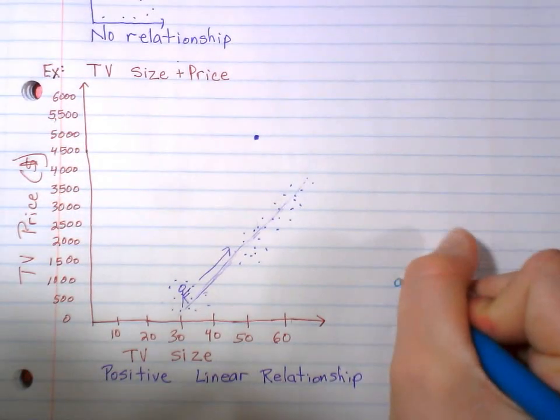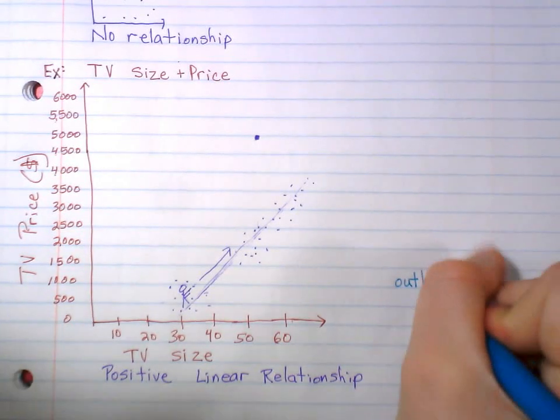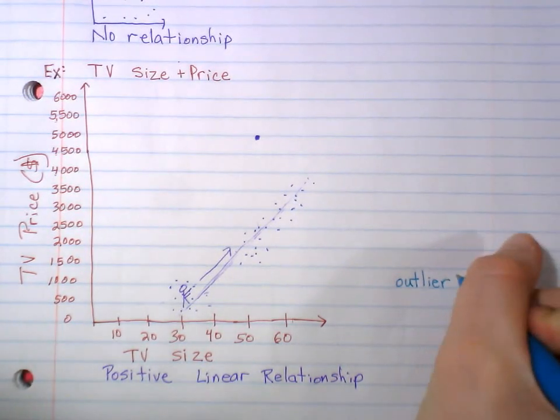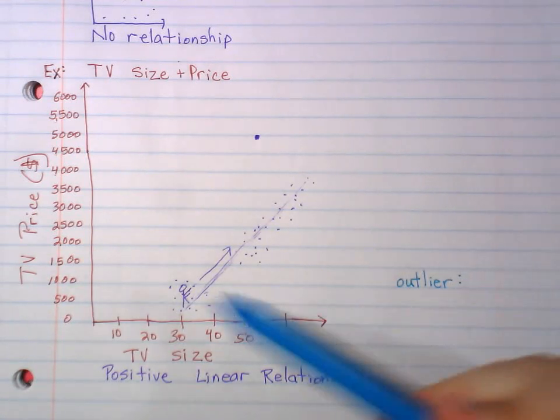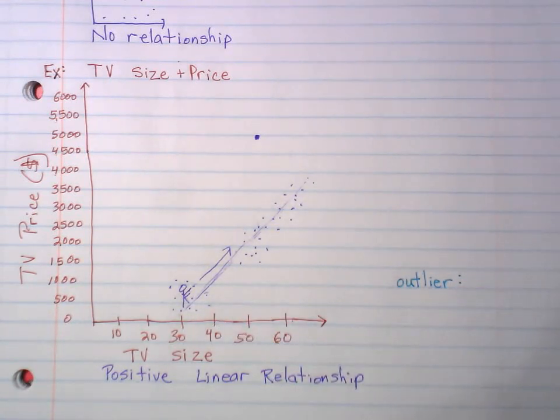Outlier. We talked about this also before spring break. What's an outlier? Well, it's someone who doesn't belong. They don't really fit in with the pattern. An outlier, if we're doing the ages of students in our class,